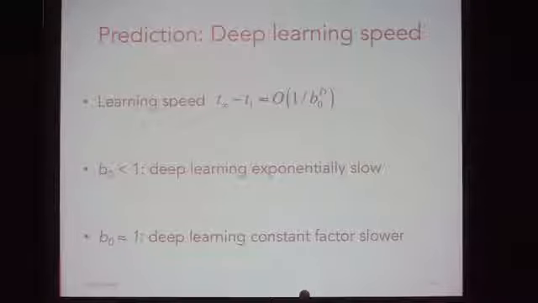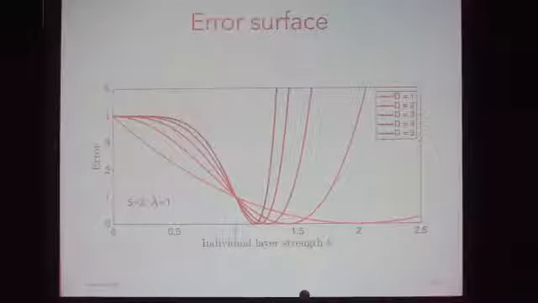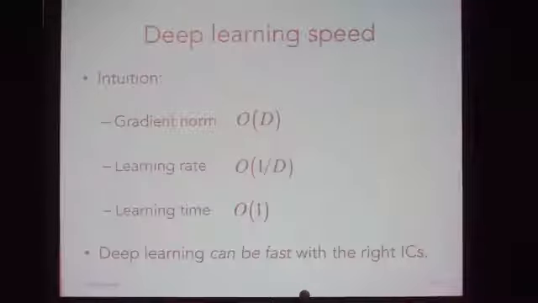And the intuition here, if you look at the point above 1, you can see that all the curves are swirling around that point at 1. Essentially, if you have an initial layer strength that starts at 1, you're always beyond the edge of the plateau, so descent will be easy. Whereas if you have anything to the left, like 0.5, you can see that as you increase the depth, you're getting more and more stuck on the plateau. And mathematically, the intuition is that the gradient norm is actually growing with depth, but the learning rate is decaying. You multiply the two and it's constant speed.